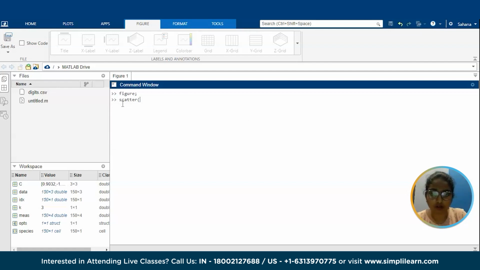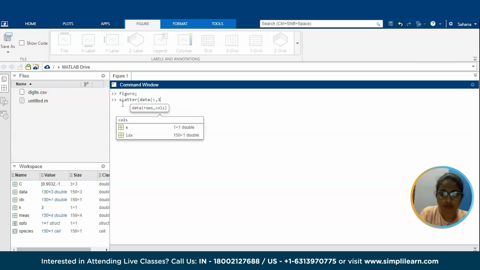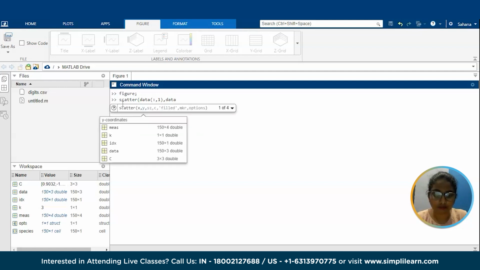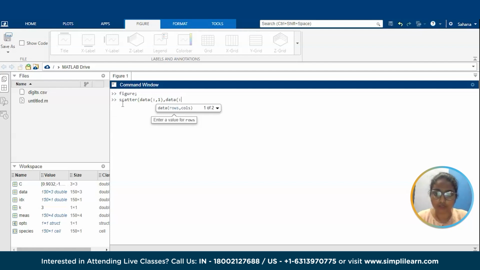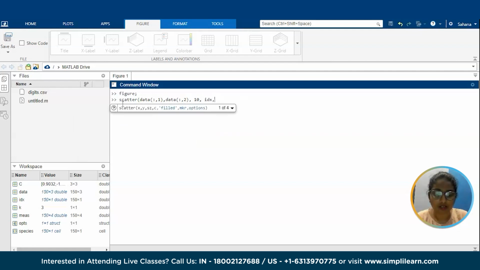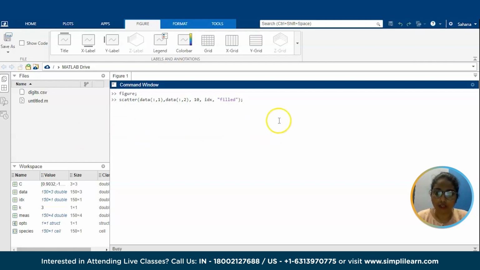I'll use scatter of data with respect to the first row, and again data with respect to the second row, close, and the size is 10 with respect to IDX, and I want my scatter plot to be filled, and I'll close with a semicolon and